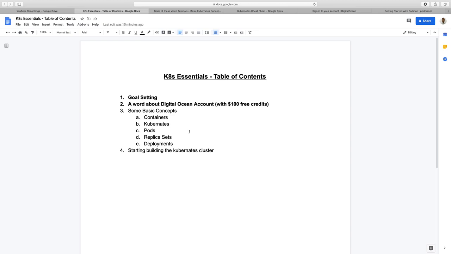Before I move on to a few other components of Kubernetes, let's do a quick check on where we are as far as the table of contents is concerned. Right? So we are in this phase right now. We have learned what containers are. We have learned what Kubernetes is. We've seen what pods are. We'll see examples of that when we set up our cluster and start doing some hands-on practice. There are two more left, which are replica set and deployment. There are many more, but probably that is something for my Kubernetes advanced series.